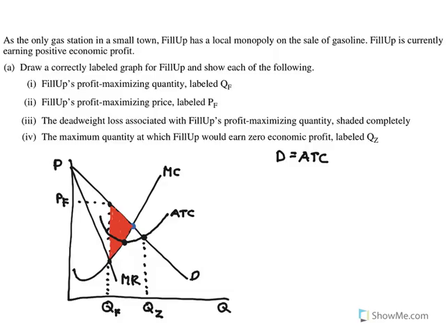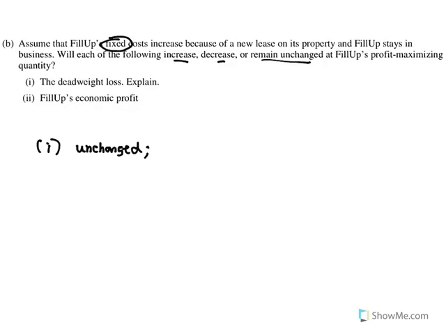But the only way for that to happen is for marginal cost to change to slide that quantity to the right. And the problem here is that it's not changing, because fixed costs don't change marginal costs. A change in fixed costs will change total cost. So the answer here is unchanged, because the allocatively